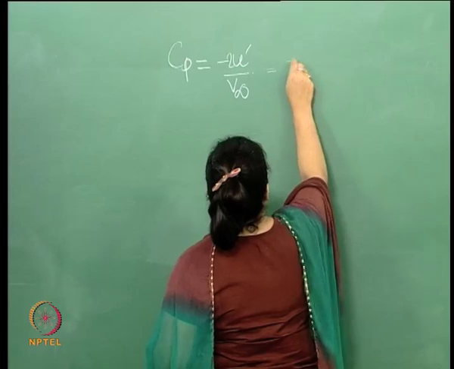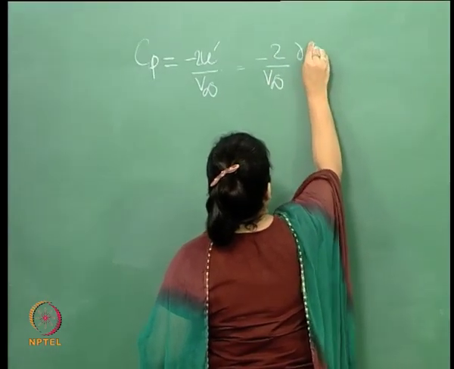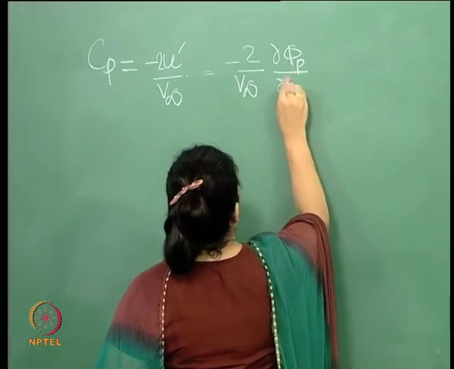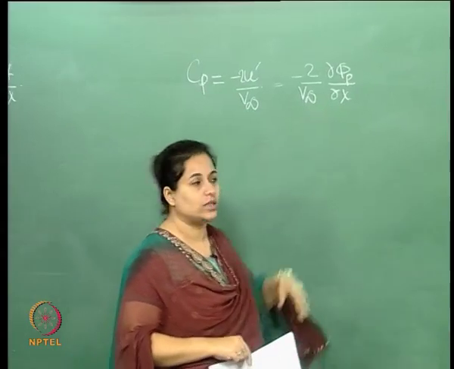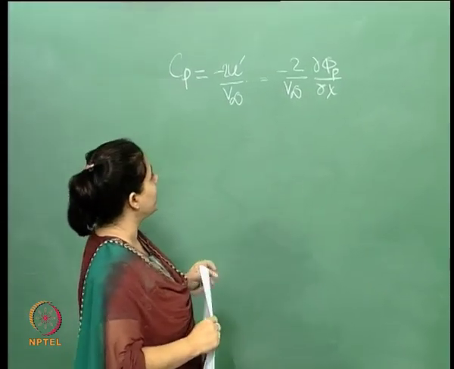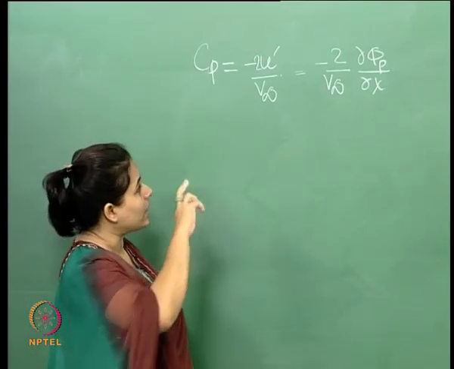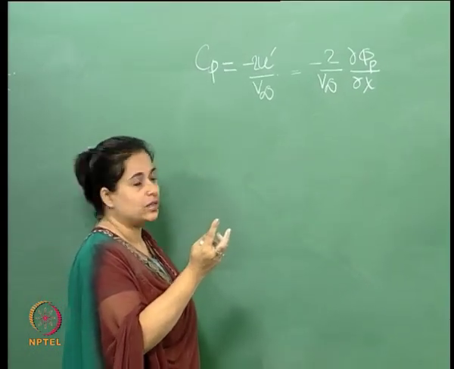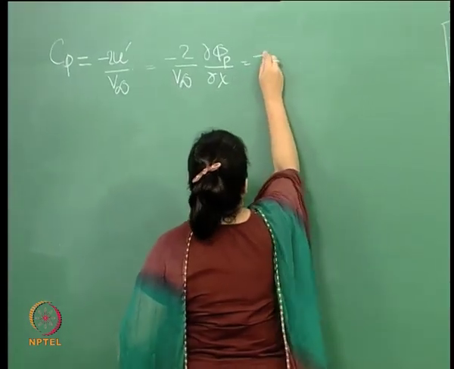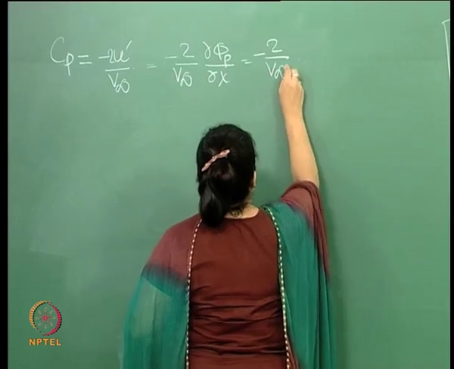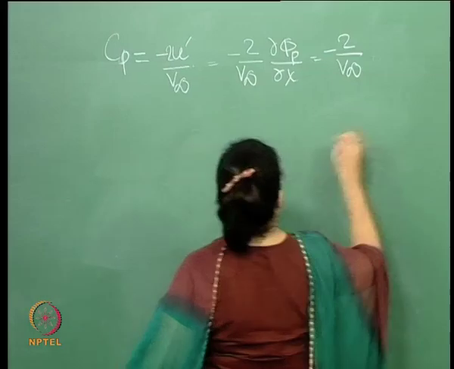So, if Cp is this, what do we get? This is nothing but del phi p del x, right. This is in the xy coordinate system, and what is the connection of del phi p del x with, how does that transform to the zeta eta coordinate system? So, what happens here, this is equal to,